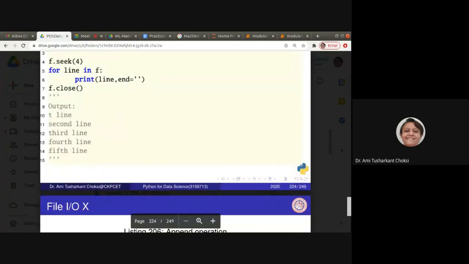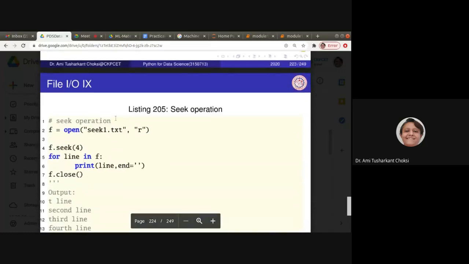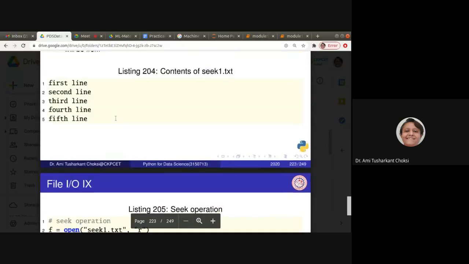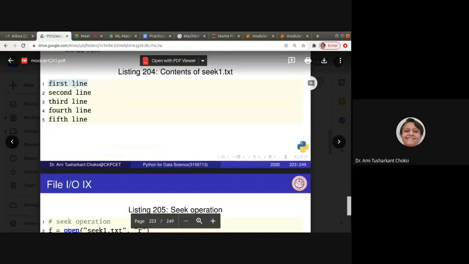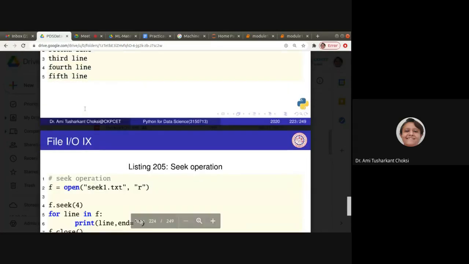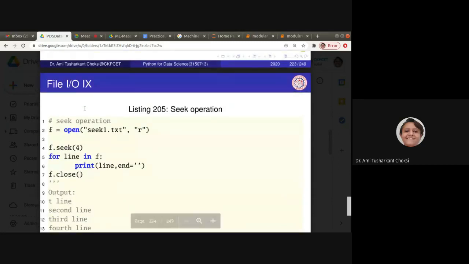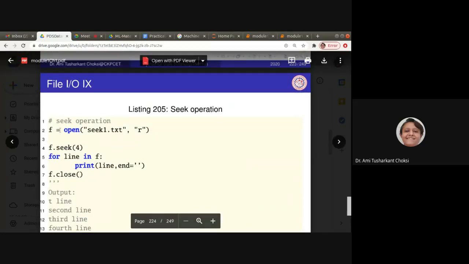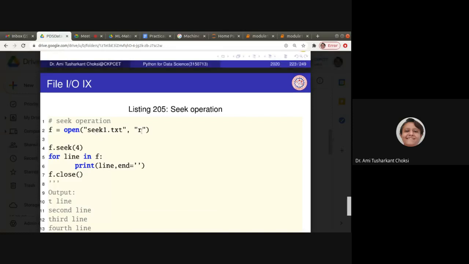So let us see the code given here. The file has first line, second line, third line, fourth line, fifth line. Now for the seek operation, F is equal to open seq1.txt, R. This is not the seek operation, this is just opening the file.